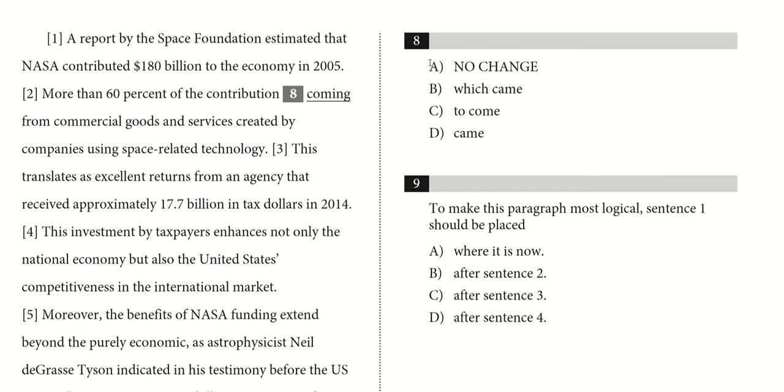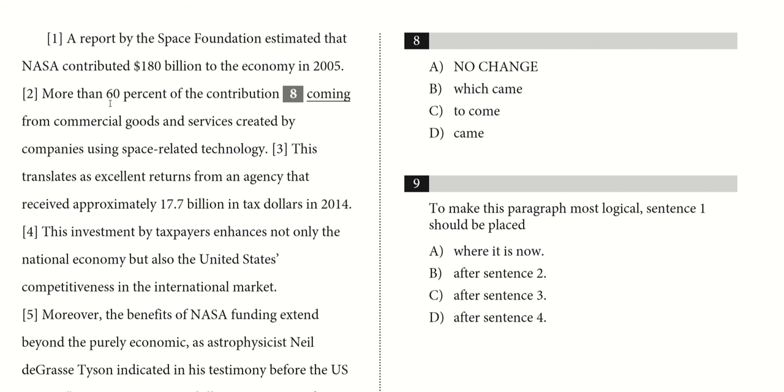All right, so here for number 8, the sentence currently reads, more than 60% of the contribution coming from commercial goods and services created by companies using space-related technology. Is there a problem with it as is? Well, yes, there actually is. So you see that coming, it's a verb, but it's in the present tense form, right? And the issue with that is that in this form, what comes afterwards basically becomes a qualification of the